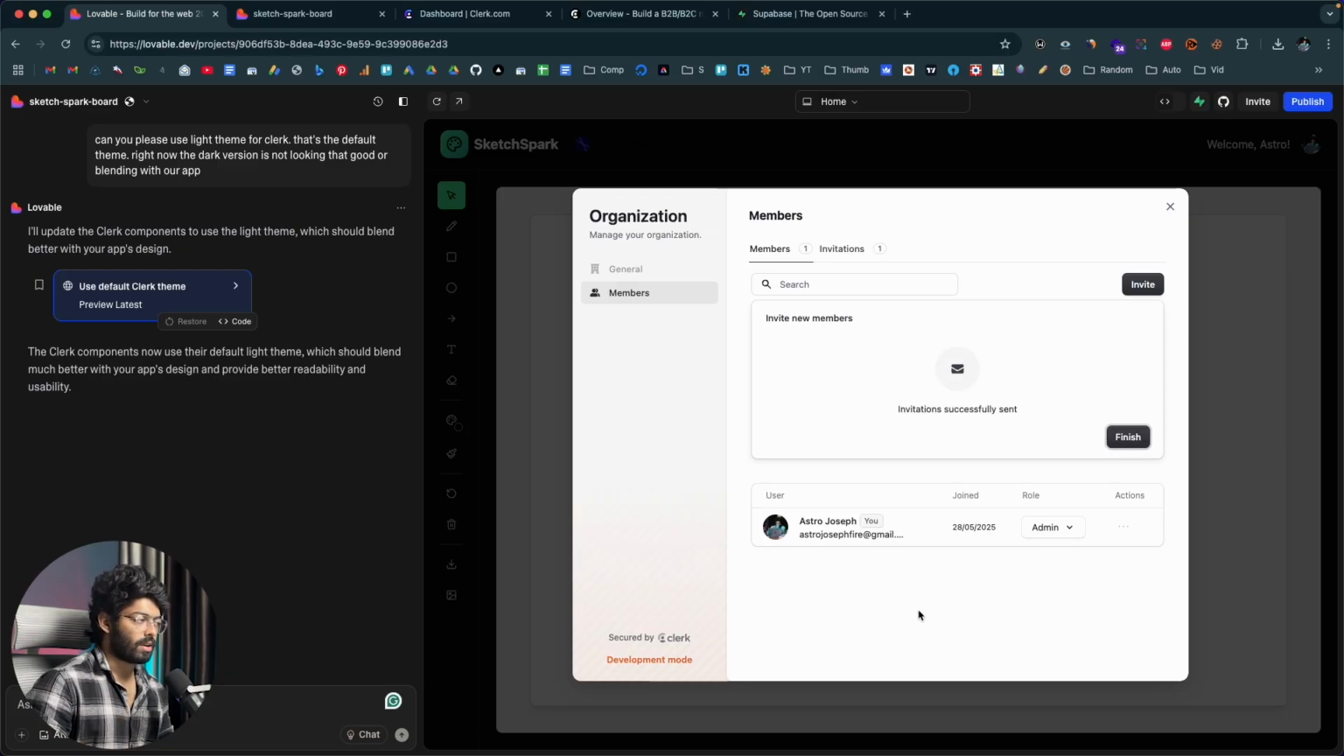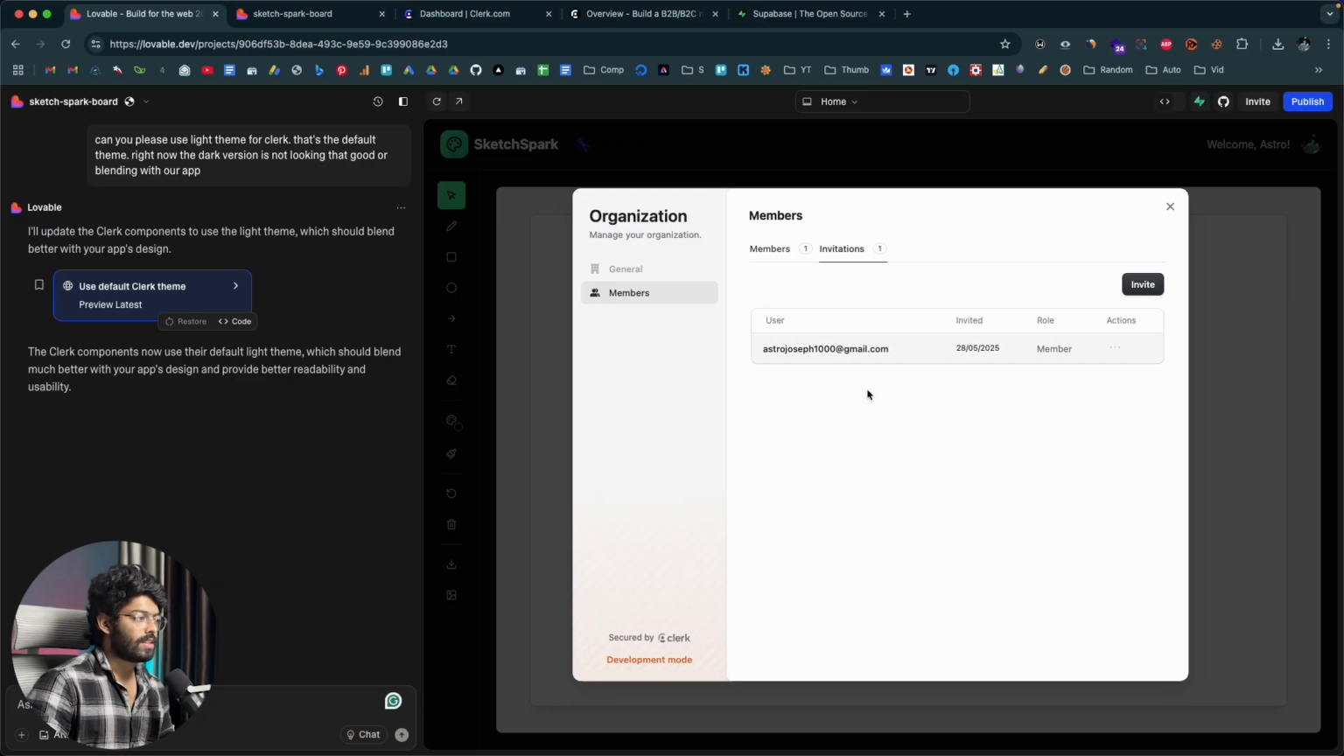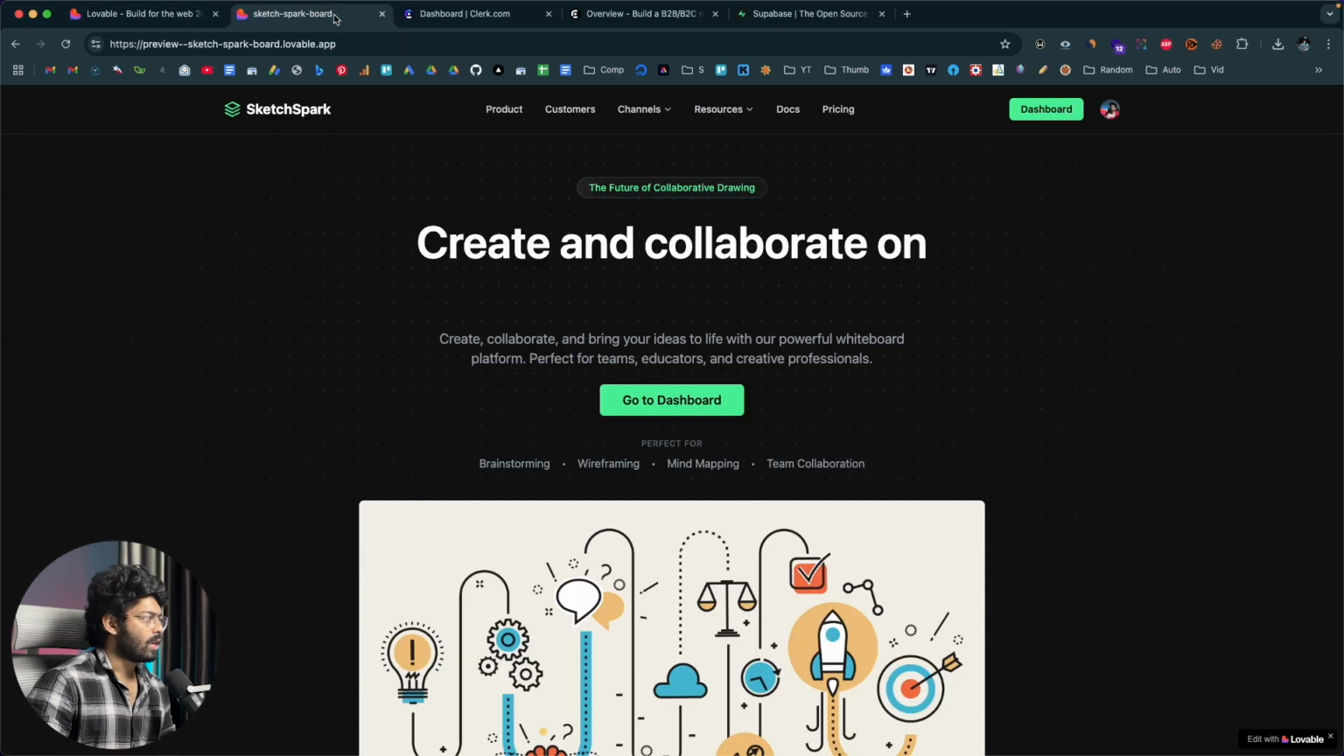And now here's the cool part. Clerk will actually go ahead and send a real email to that particular provided email. And if you move over to the invitation tab, you can find it in here. And now if I go ahead and click on refresh,